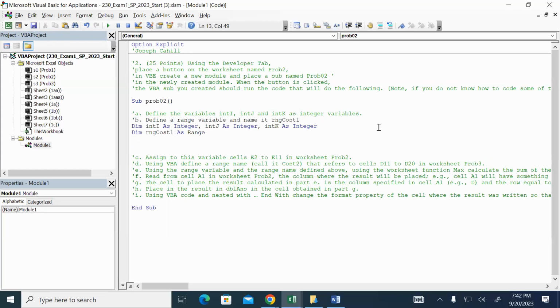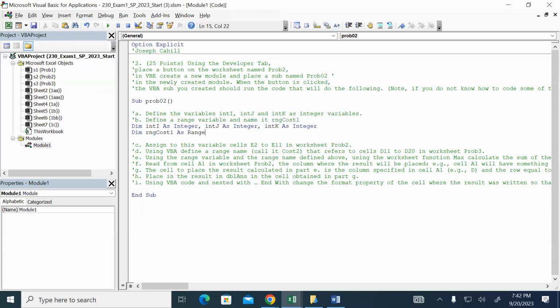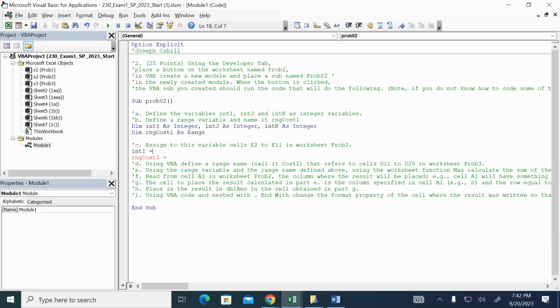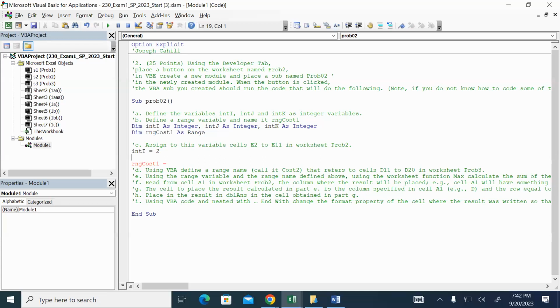Okay. Now, it says, assign this variable cells E2 to E11 in worksheet problem 2. So I want to set range cost 1 specifically equal to some value. And I want to set it equal to the range in a certain area. So what is something that's specific to range variables that you always have to do? Let me show you this. If I say int I equals 1 or equals 2, I'm going to have no issues whatsoever. But if I say range cost 1 is equal to, and then you put some range,